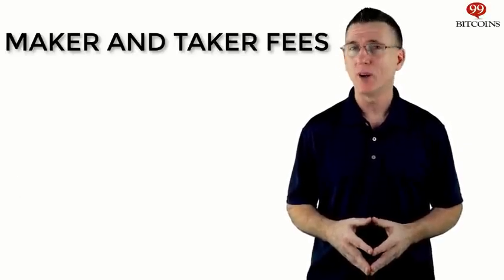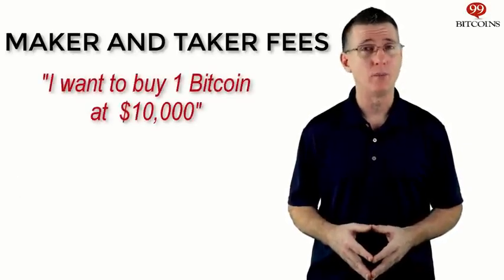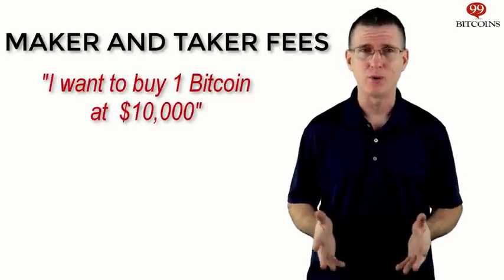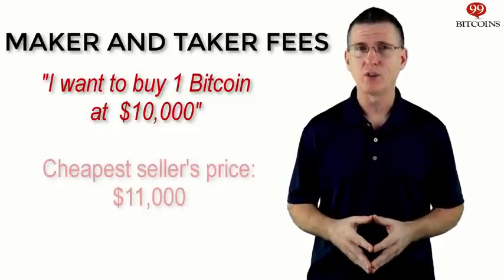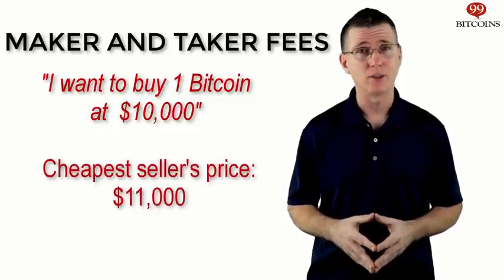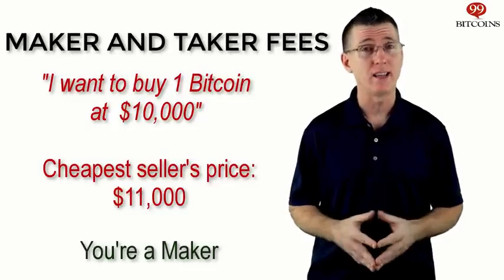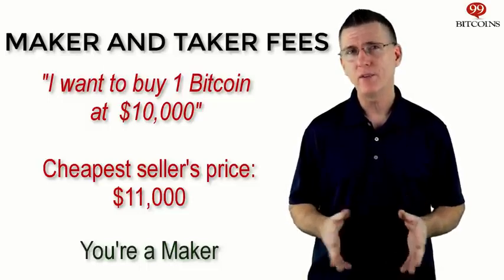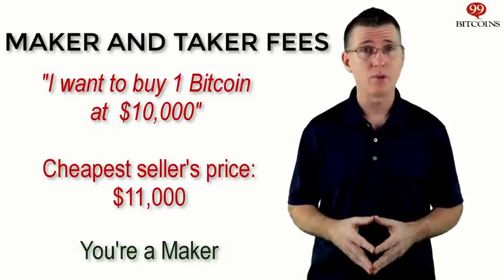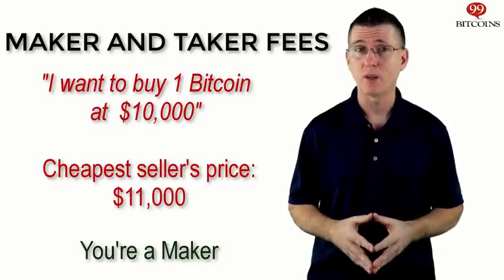For example, perhaps you put a limit order in to buy 1 Bitcoin at $10,000 at most, but the lowest seller is only willing to sell at $11,000. Then you've just created a new market for sellers who want to sell at $10,000. So whenever you place a buy order below the market price or a sell order above the market price, you